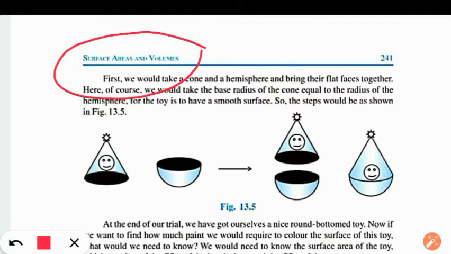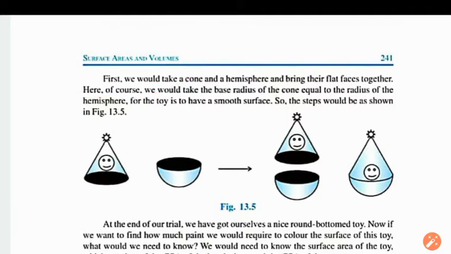Okay, so in this particular chapter we will have combinations of solids, right? You might have seen a circle, a rectangle, a rectangular parallelepiped, cubes, cylinder, cone. I think you all are familiar with all these figures which I have mentioned right now. So in this exercise or in this chapter, we will have combinations of solids.